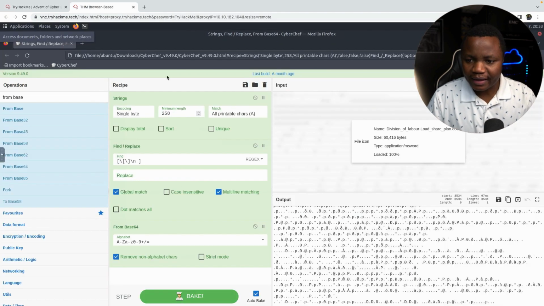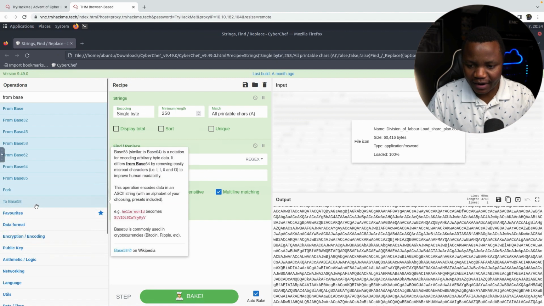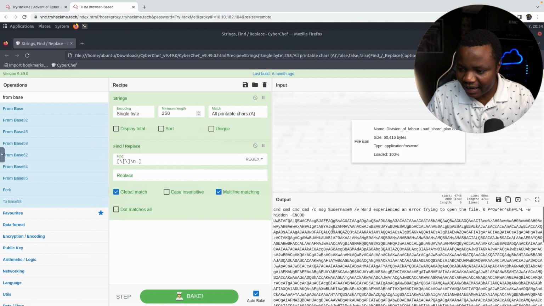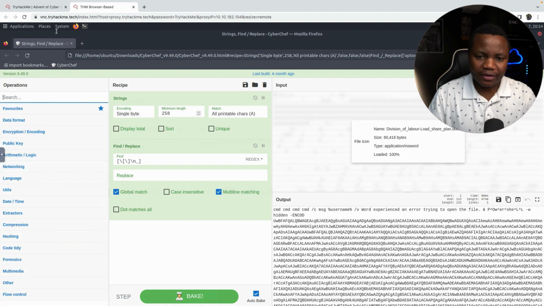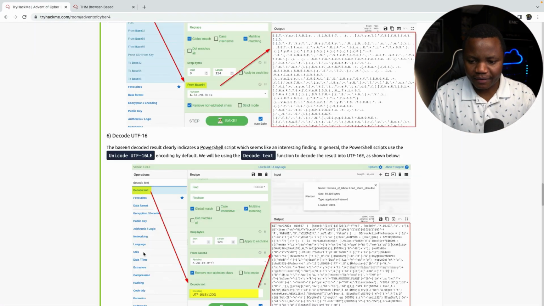But before we do that, I skipped a step here. We need to remove the bytes that were on top, so I can remove it from base 64 for now. There are bytes on top here, these ones. So let's highlight them. It says 122. We can remove the bytes by using, according to here,